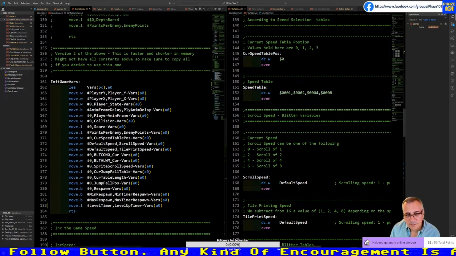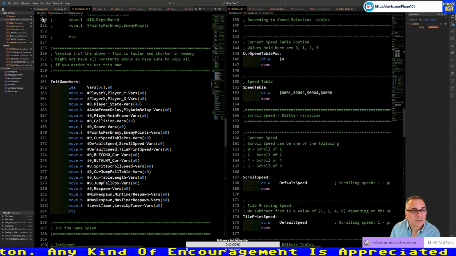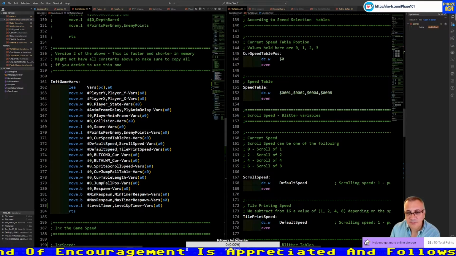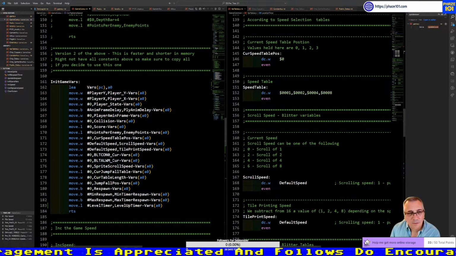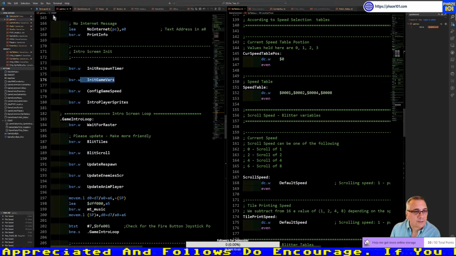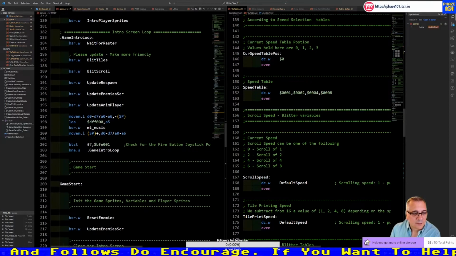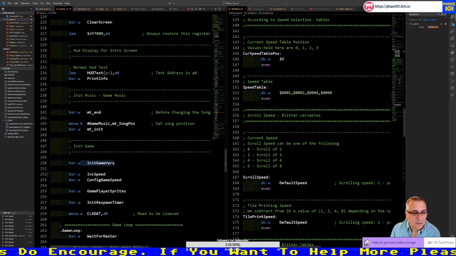So here, init game variables. I'm setting again the speed, right? And am I reinitializing it? Init game variables after the intro. I am.